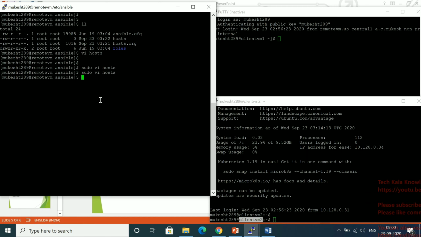Okay, fine. Now what I have to do is go and run the Ansible ad hoc command. Ansible all. I'm going to check the connectivity on all the hosts available inside my inventory file. So I am going to give here all, and then -m. M means module. And which module are we going to use? The ping module. In the ping module, it's going to check the connectivity.